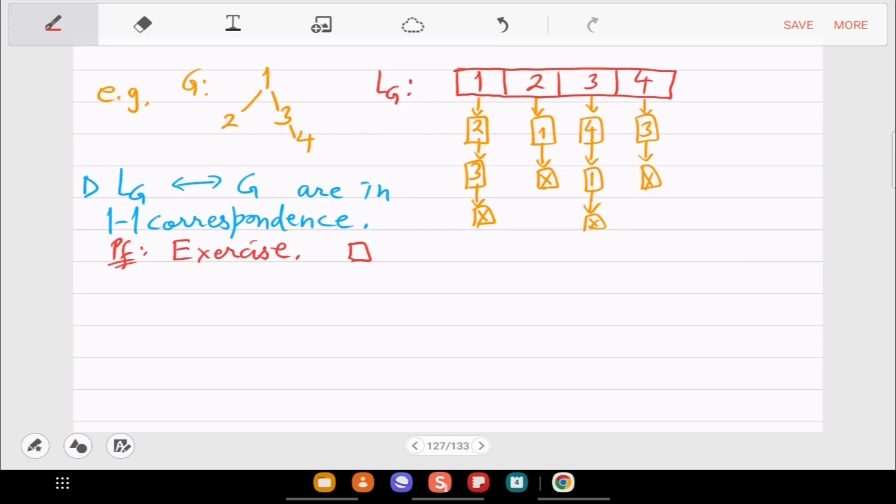Right, because you can just take, for example, when you see 1 has a linked list 2, 3, then you can just draw that part of the graph, 1 arrow 2, 1 arrow 3. And then you can go to 2 and you can see that 1 is a neighbor, so you can draw 2 arrow 1, which in this case will just mean that the edge 1, 2 is undirected. 1 arrow 2, 2 arrow 1, both are edges. So it's this undirected edge, and so on. You can complete the graph. Yeah, when there is no arrow, then it means that the arrows are on both sides.